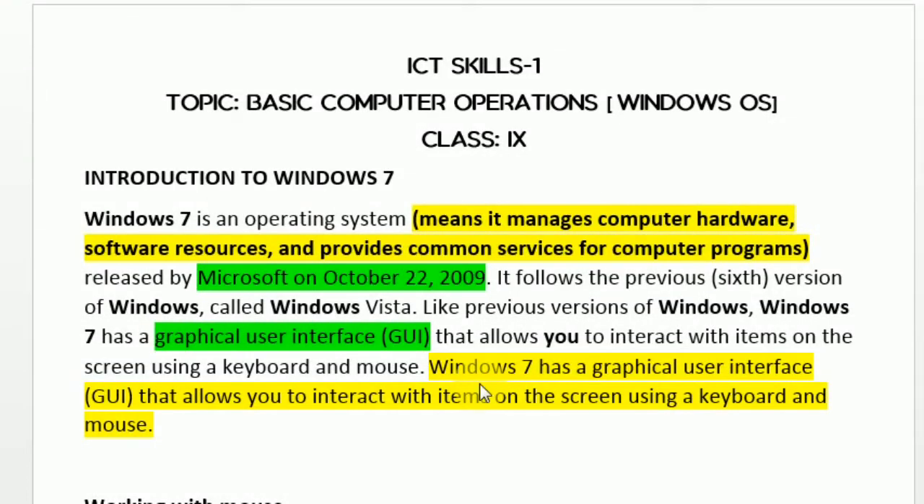In this tutorial we are going to discuss basic computer operations in the Windows OS. The first thing, when we're talking about the Windows operating system, is Windows 7, and we are going to discuss Windows 7 working. Windows 7 is an operating system, meaning it manages computer hardware and software resources and provides common services for computer programs. It was released in 2009. It is a graphical user interface, GUI based,